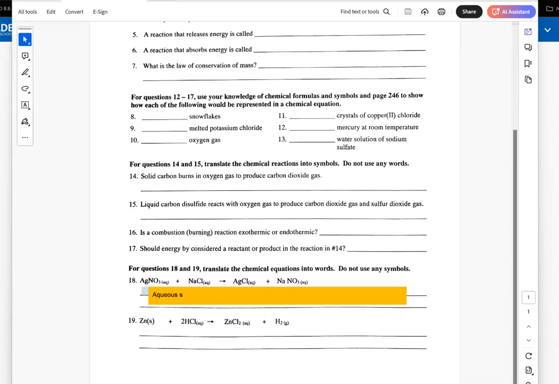So aqueous silver nitrate and aqueous sodium chloride, right? That's the first two reactants. Produce, or you could also say yields, makes, produces, aqueous silver chloride, and aqueous